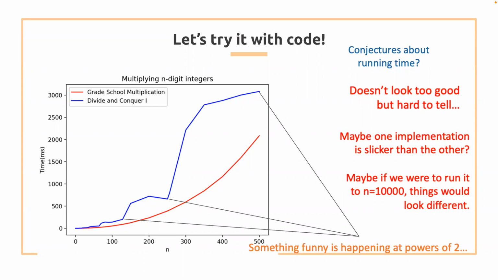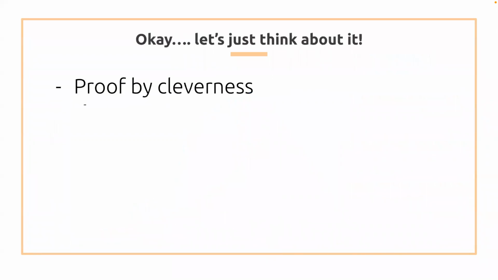I also just want you to notice there's something kind of funny going on with powers of 2 with the Karatsuba algorithm. It seems to slow down, and then for powers of 2 it gets much better, and then slows down and gets a little better for powers of 2. If you actually graph this out, it starts going back up. But if we can't do it by